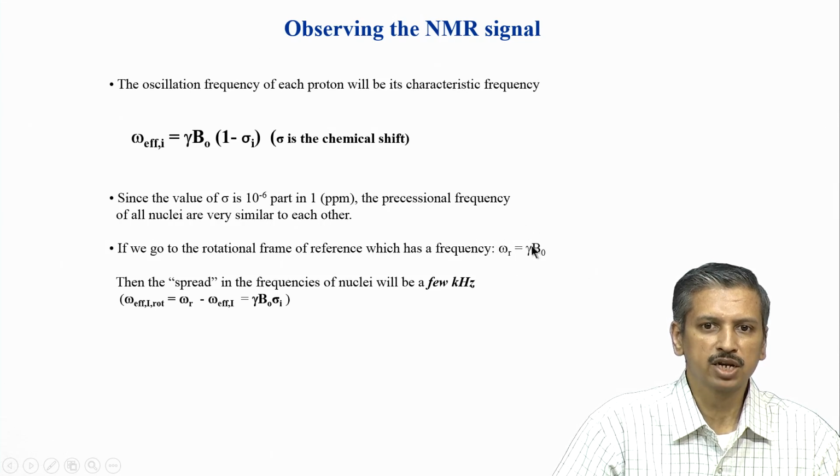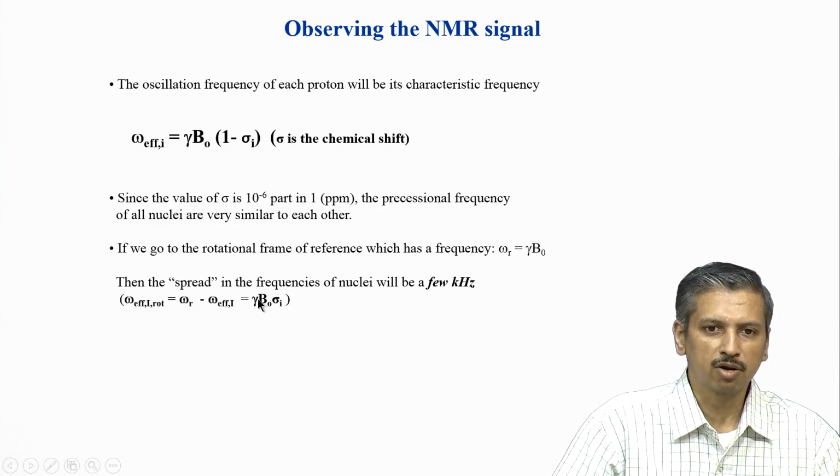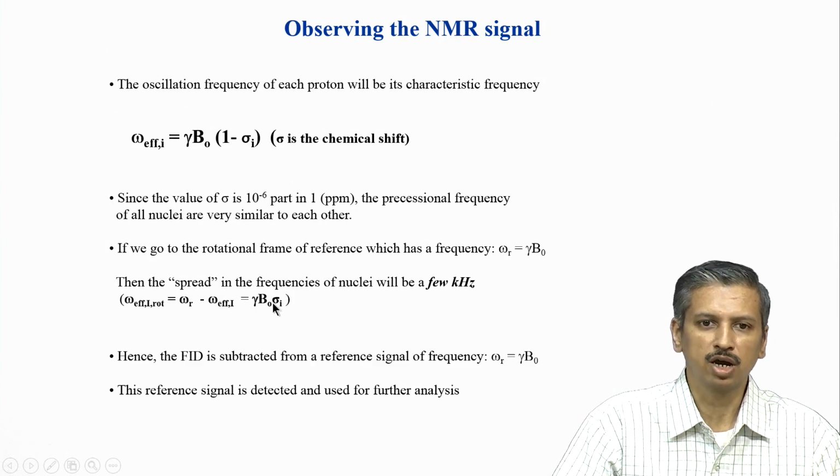So, what I have to do basically is subtract this from this, because in my actual rotating frame the frequency experienced by the nucleus will be the rotating frame frequency minus its frequency. Remember again, if sigma is 0, then these two will cancel, because omega r will become exactly equal to omega effective. In such a scenario, omega effective in the rotating frame will be 0, but not otherwise. If sigma is not 0, then this value is not equal to 0, and it results in this number, which is gamma B0 into sigma I.